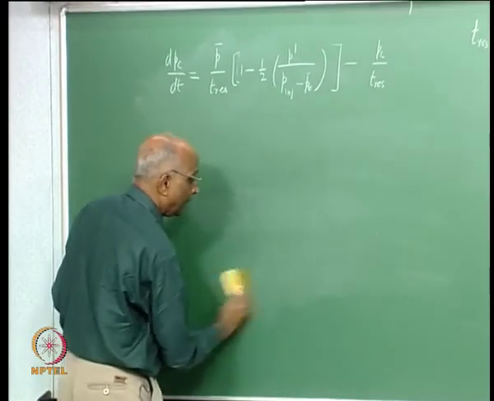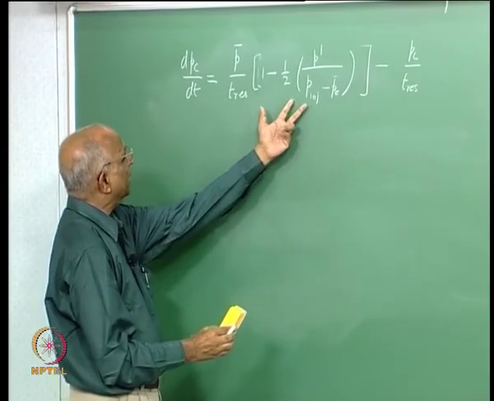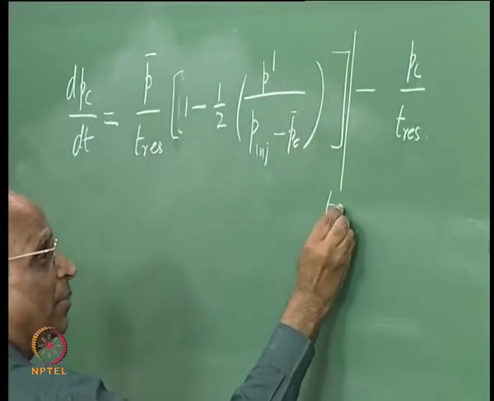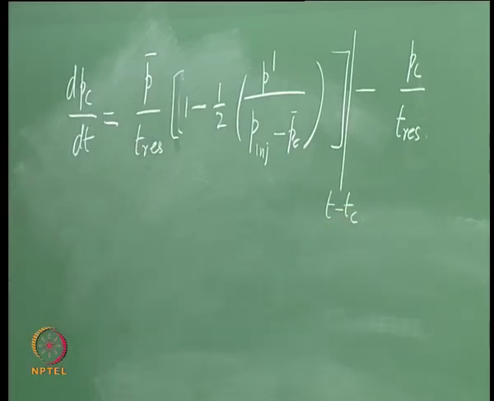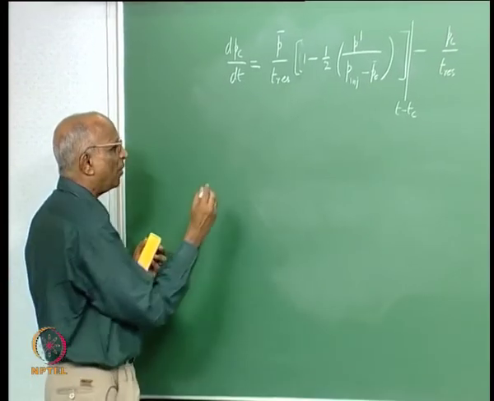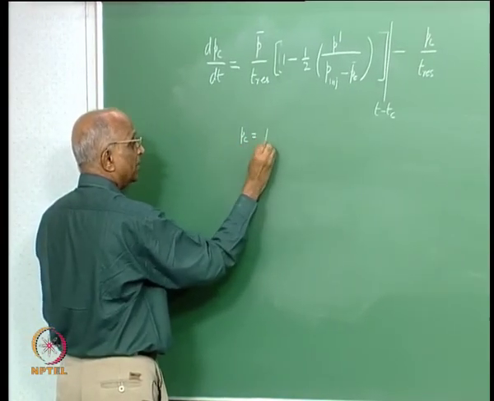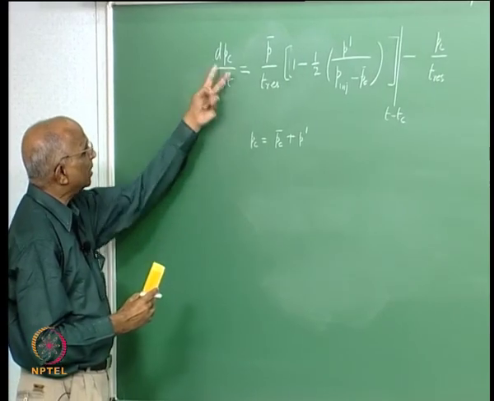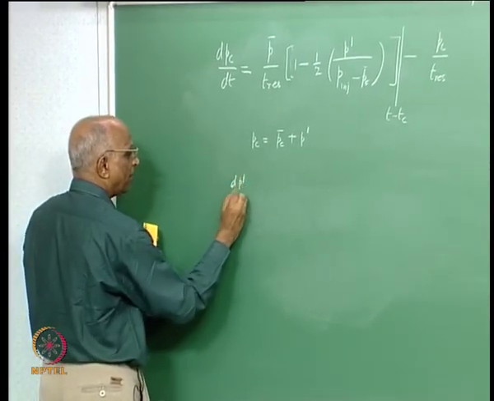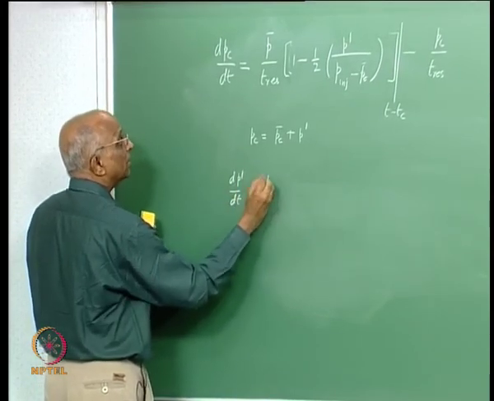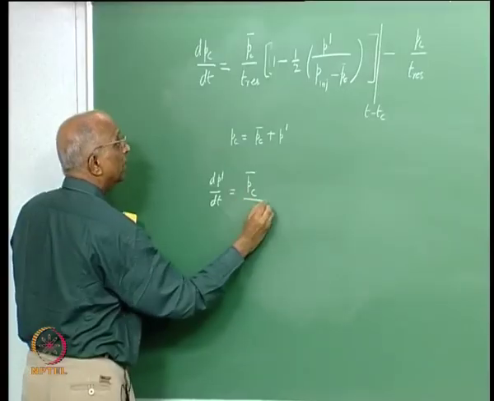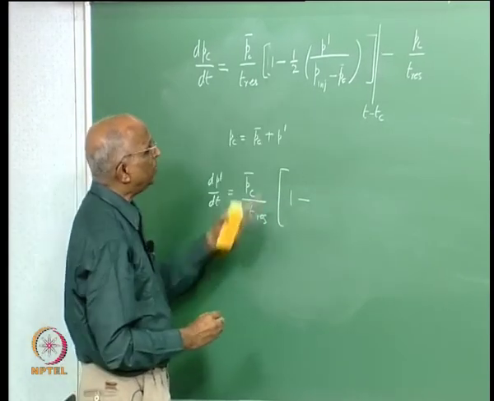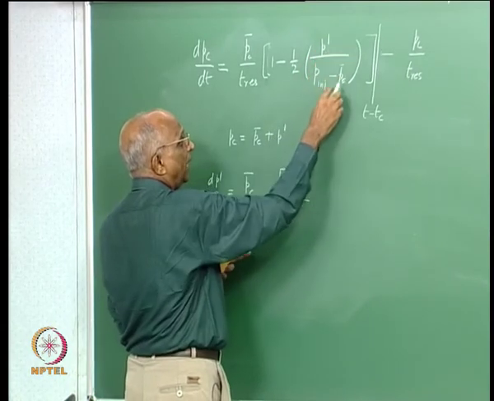To solve this equation I need to get some way of relating the value of Tc, but mind you something which we forgot, and what we forgot was this is at time T minus Tc. I need to make some changes in order to understand this. We have already told, well, Pc at any time is equal to Pc bar plus the value of P prime, and therefore Pc bar does not change, I can write this equation as dP prime by dt as equal to the value of Pc, that is chamber pressure steady, divided by T residence into 1 minus. If I make a manipulation and divide the numerator by Pc bar and denominator by Pc bar,